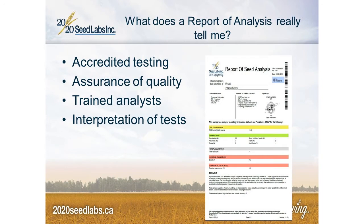So this is an example of a report of seed analysis. And I think it's really, really crucial that we put the word out and try to encourage as many retailers and seed growers to use this as their guarantee. Just as we think of the blue tag for certified production, I think that the report of seed analysis, regardless of which lab it comes from, as long as it's coming from an accredited facility,